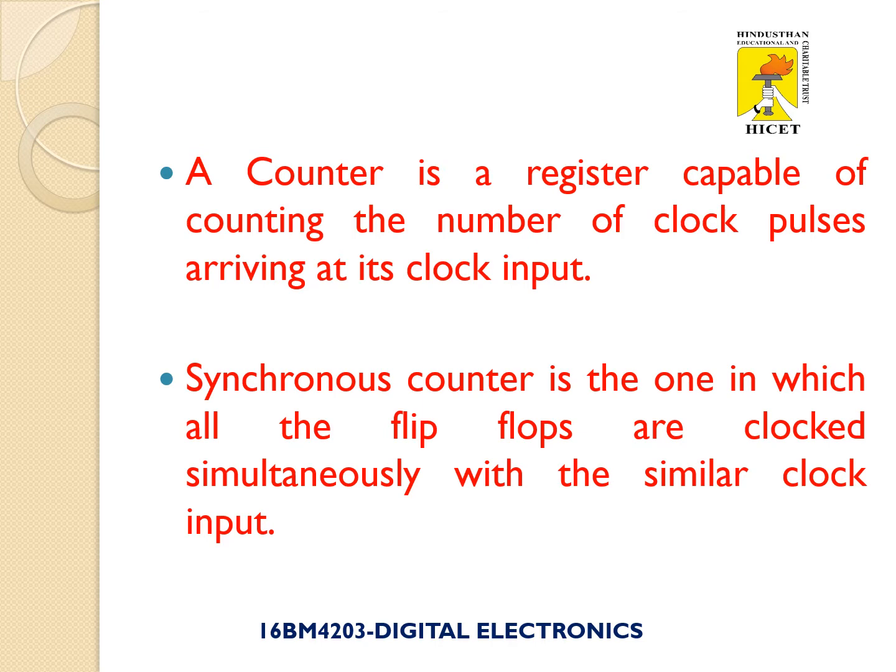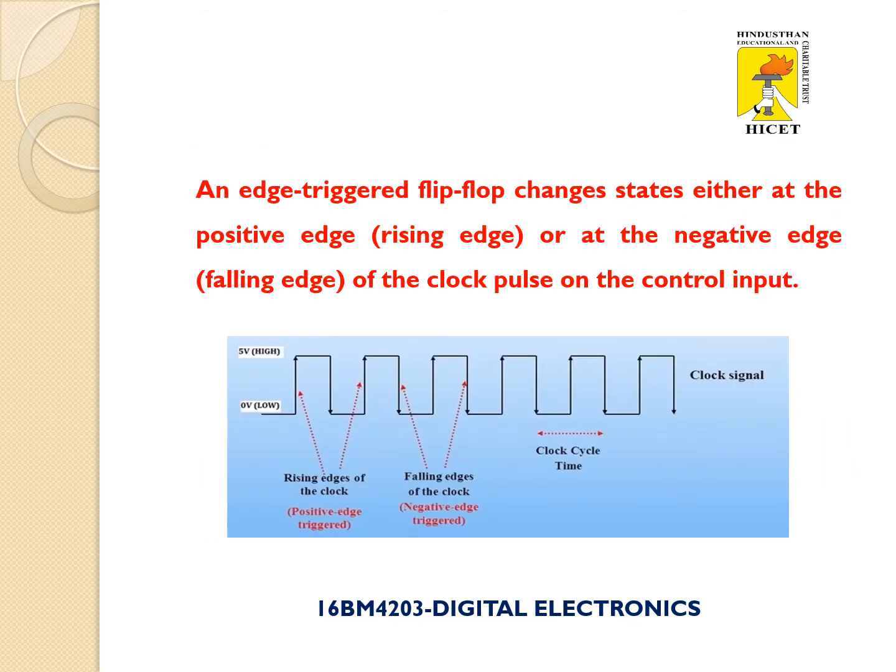We have two types of counter: synchronous counter and asynchronous counter. In an asynchronous counter, one flip-flop output is applied as a clock pulse to the second flip-flop. In a synchronous counter, a simultaneous clock pulse is applied to all the flip-flops. So this is the main difference between synchronous and asynchronous counters. Before discussing their operation, we have to discuss latches and flip-flops.